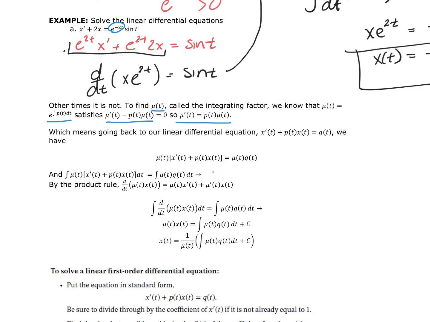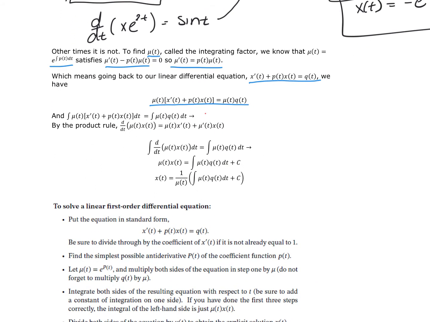Which means if we go back to our linear equation here, x prime of t plus p of t x of t equals q of t, of course we're not talking about a homogeneous. Homogeneous are much easier. We multiply both sides by mu of t. We get mu of t times x prime of t plus p of t x of t is equal to mu of t q of t,